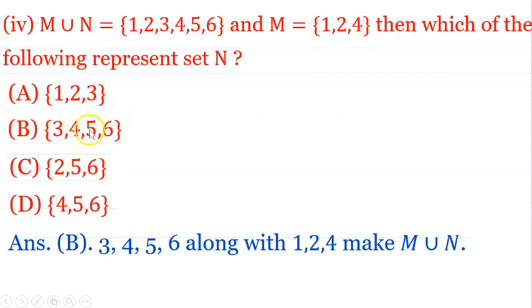If we take the union of 3, 4, 5, 6 with 1, 2, 4, then the first number will be 1, second is 2, third is 3, fourth is 4, fifth is 5 and the last is 6,